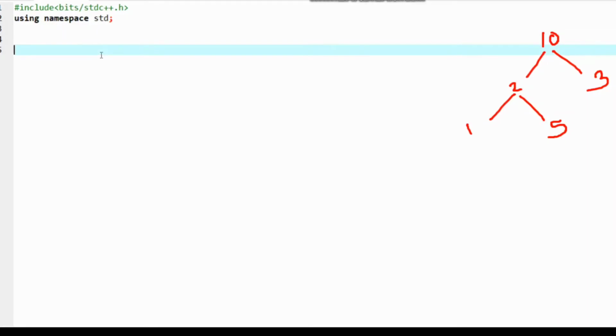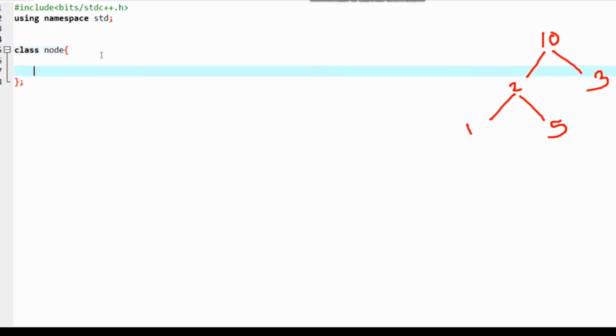So let's start. First, I will create a class, and the name of the class will be node. This class node is the representation of each node in a binary tree. We know that a node in a binary tree contains three things: the data, the left pointer, and the right pointer variable.